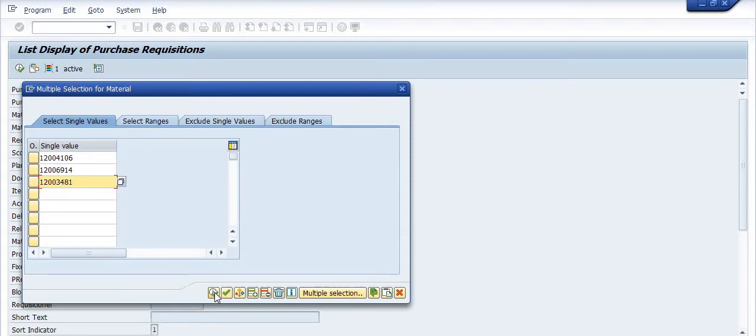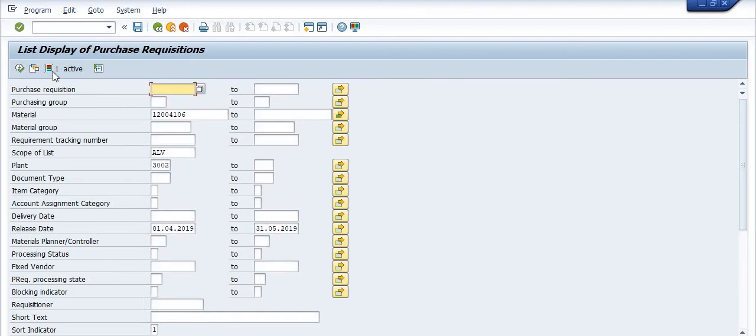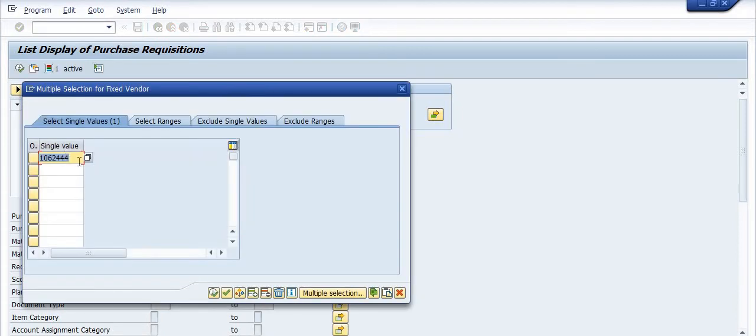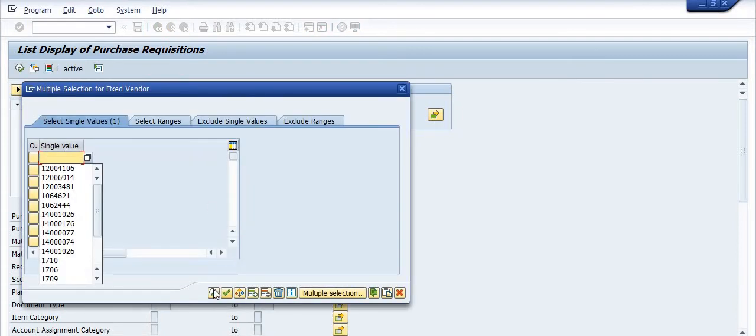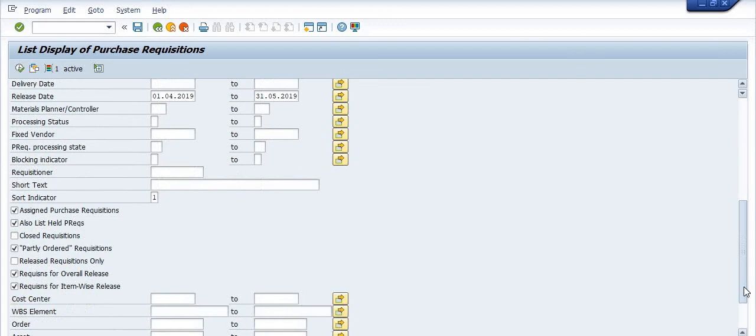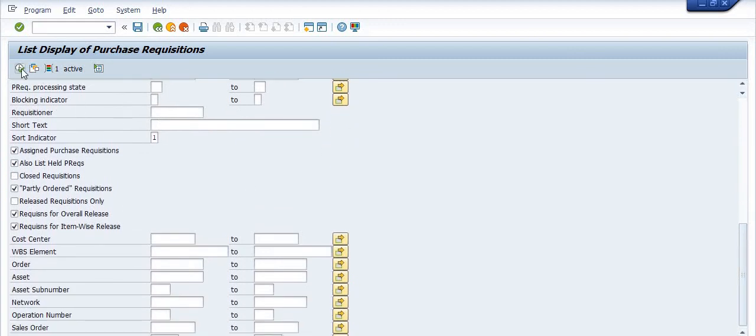I have three material codes and want to get the purchase requisitions with respect to these. Here you have to remove this vendor criteria. Then I will get the purchase requisitions with respect to material in this period. Getting my point? So I just want to execute.